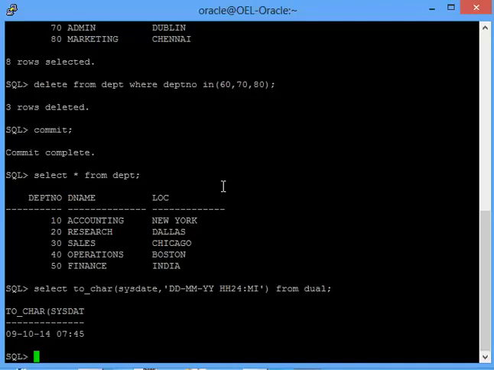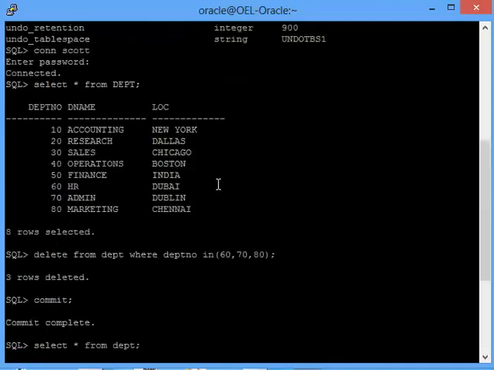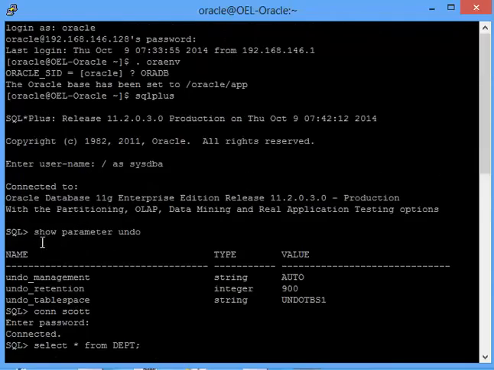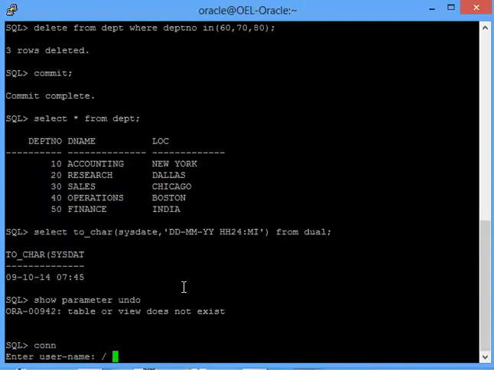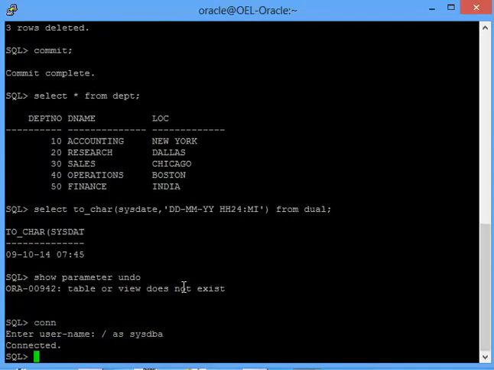First, as I told you before, you will check the undo retention, and if it is falling within the undo retention period, you don't need to worry, you can definitely bring back the data. But if it is not, you will have to check if you are able to bring back the data or not. So how will you do that? First of all, let me check if I will be able to bring back the table or not.